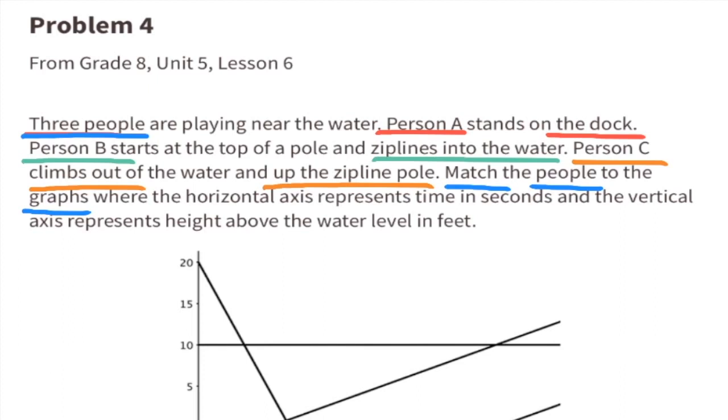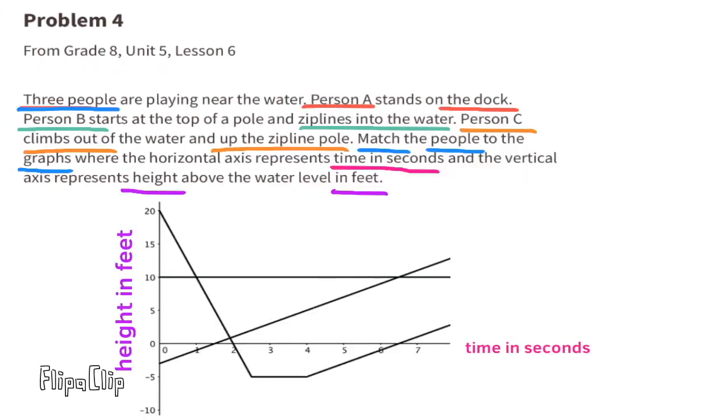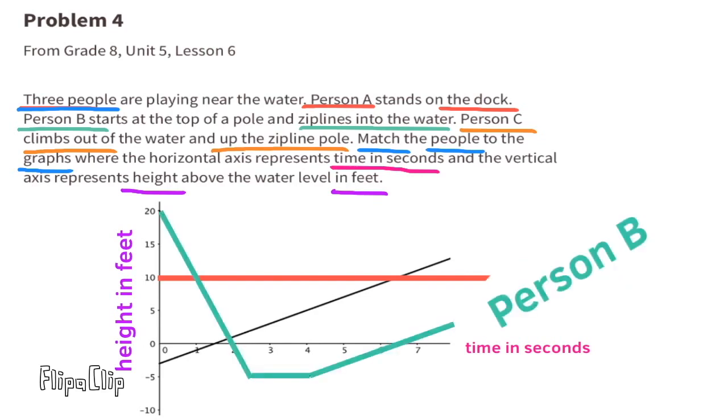Match the people to the graphs where the horizontal axis represents time in seconds and the vertical axis represents height above the water level in feet. This horizontal line represents person A standing on the dock, and it looks to me like the dock is approximately 10 feet above the water. This green line represents person B standing at the top of a pole and ziplining into the water. It looks like the pole was approximately 20 feet tall,